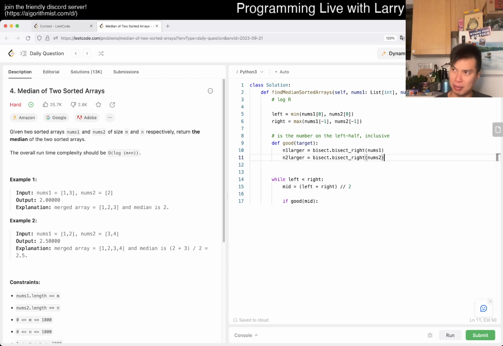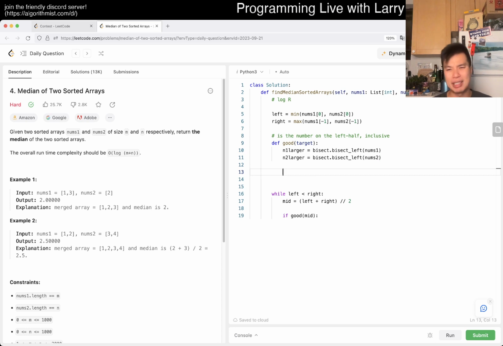So do I still want bisect left or bisect right? No, we want bisect left. So we want strictly bigger than. Okay, fine. But then now I lied about this, did I? No, maybe not. Maybe that's fine actually. I was debating whether it makes more sense to use and, actually this is technically smaller. This is how many numbers this number is larger than, so the number of variables. So then it's like return smaller is